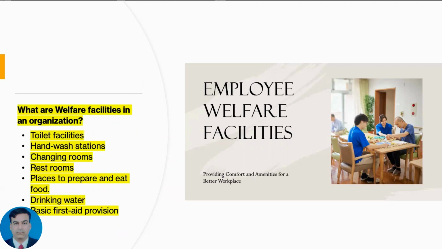Here are some examples of welfare facilities. Toilet facilities: adequate and clean toilet facilities should be provided for workers to use during their work hours. Hand wash stations: hand washing facilities with soap and water or hand sanitizers should be available to promote good hygiene practices. Changing rooms: workers who need to change into work clothes or uniforms should have access to clean and private